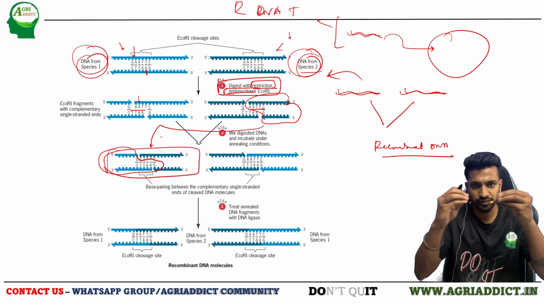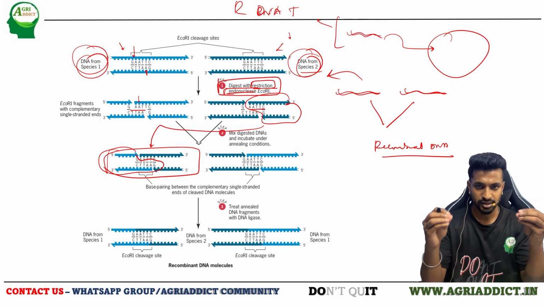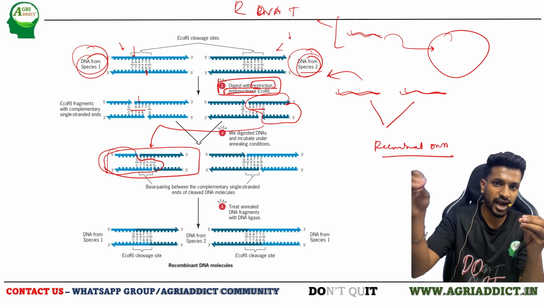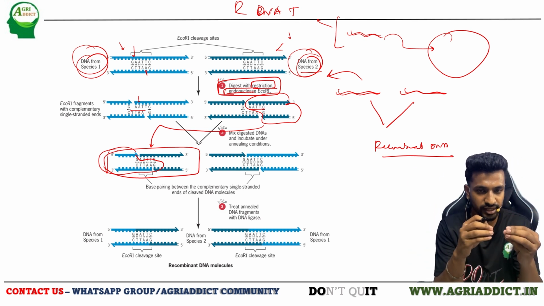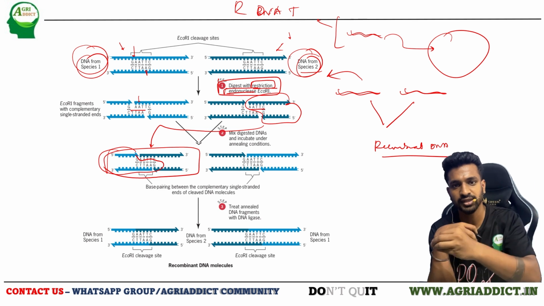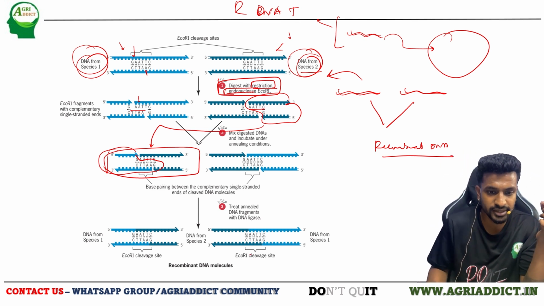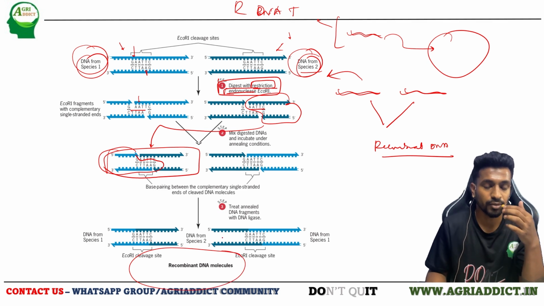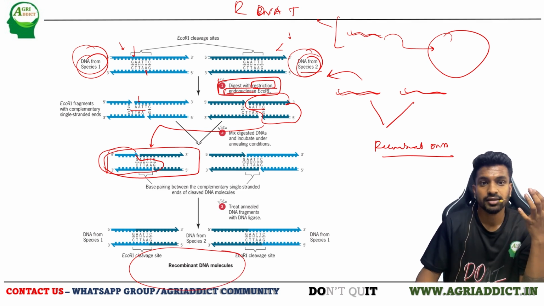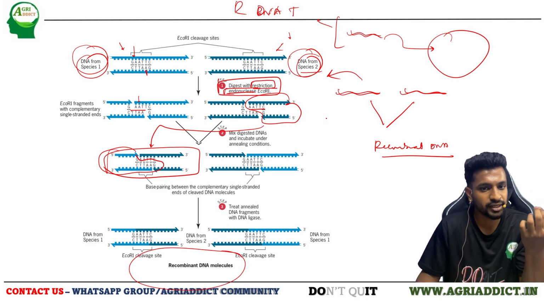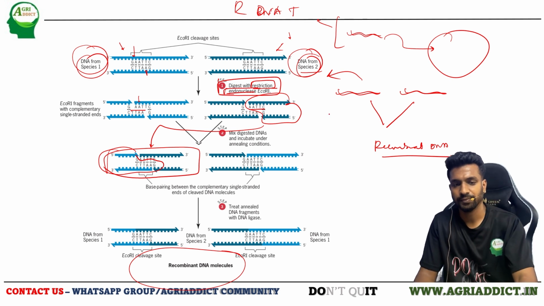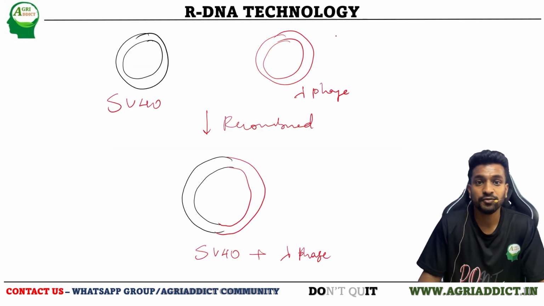That means there are two different stretches of DNA, but a certain stretch is going to be added into one species, and a certain stretch of species one is added to the second species, and this is what we ultimately call recombinant DNA molecules. So this is about recombinant DNA technology. This is what has been done. And for the first time, under this recombinant DNA technology, it was shown by